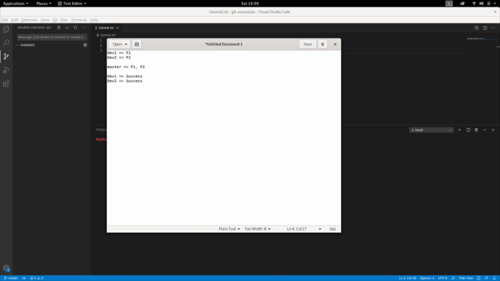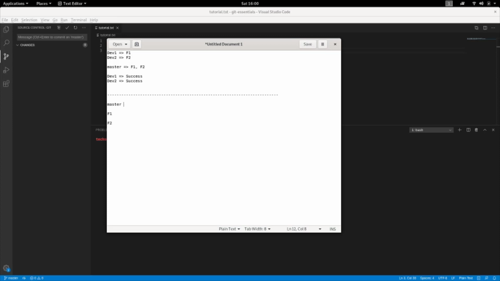Then what is the concept of rebasing? Rebasing is quite difficult to learn. Just try to understand clearly. If you have any doubts, you can drop them in the comment section. I will try to clear them out. So let's say I have master branch, feature 1 and feature 2.